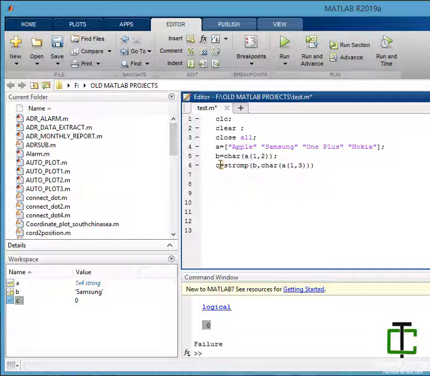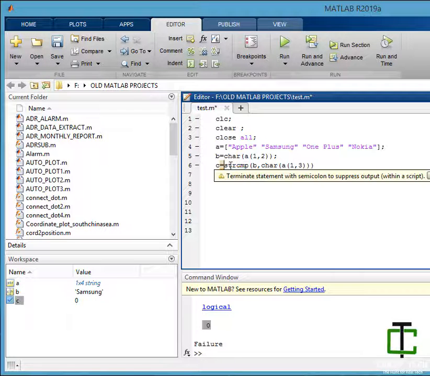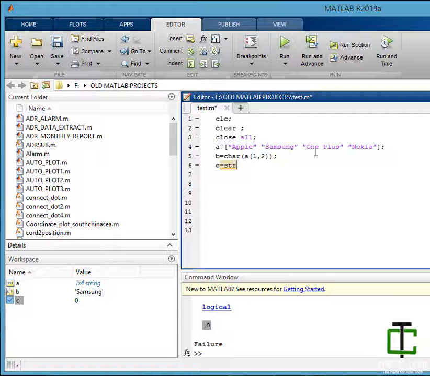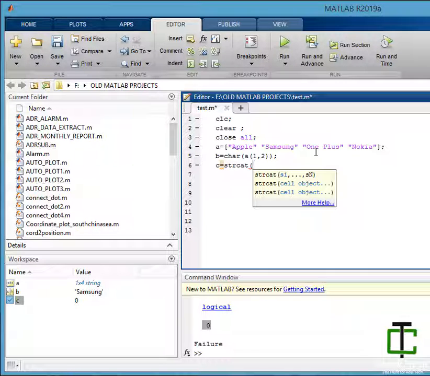Now there is a function called string cat, strcat. As the name suggests, it concatenates two strings. Let's say I want to concatenate Samsung with notebook.